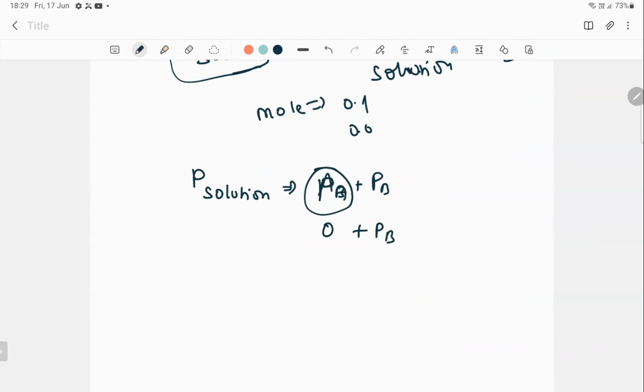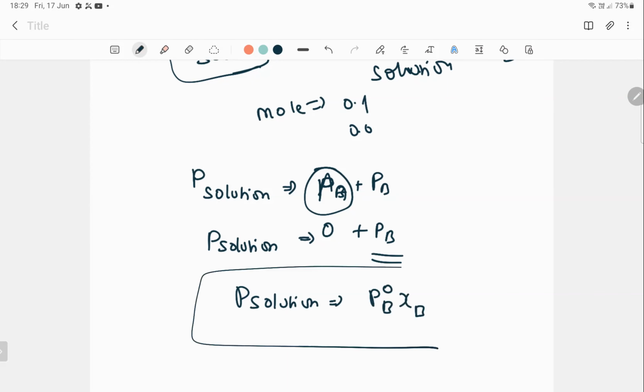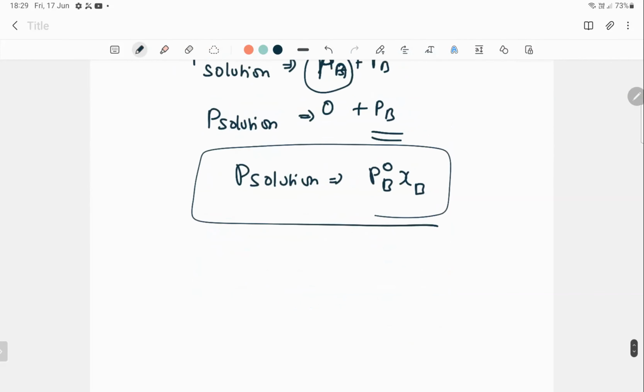So just your PB will remain. So the total solution vapor pressure is equal to only PB, which is P naught B into XB. And if you want to draw the graph,